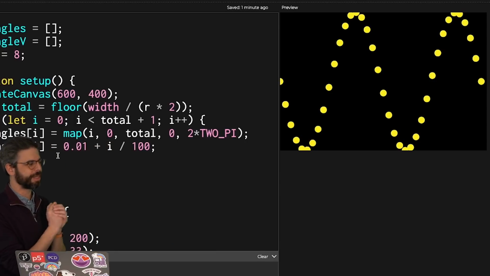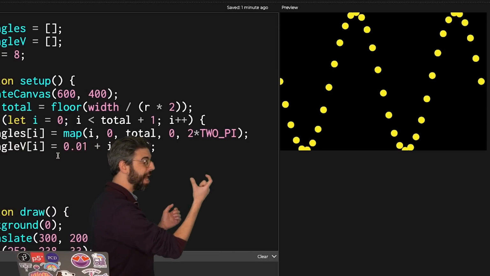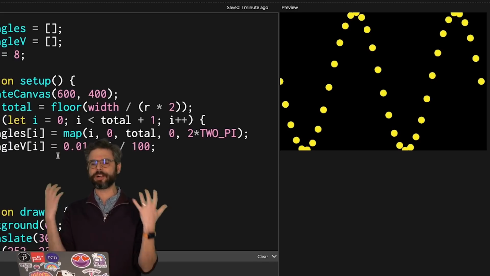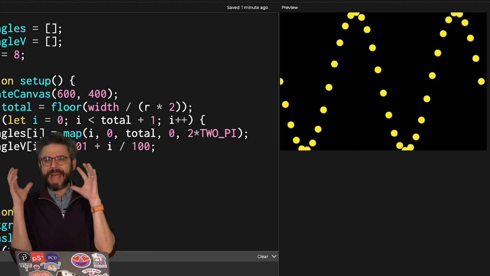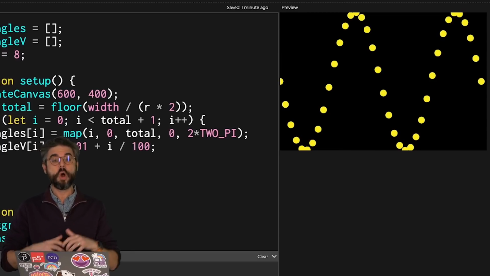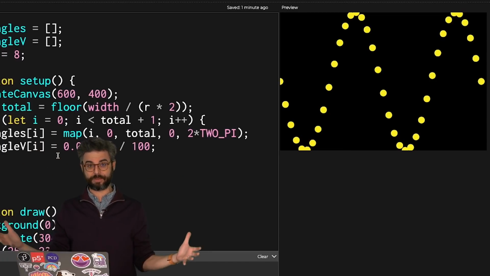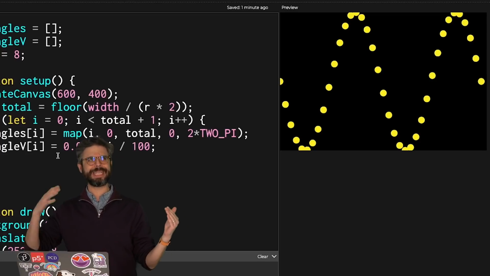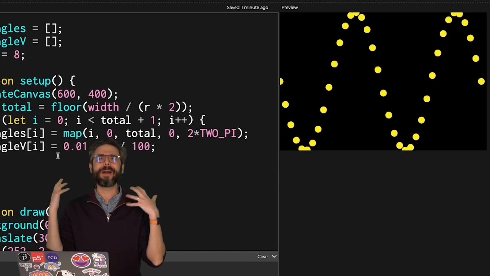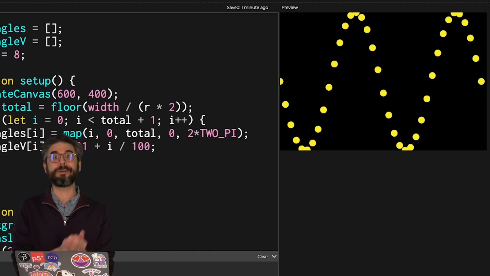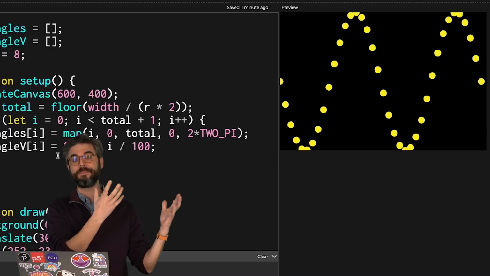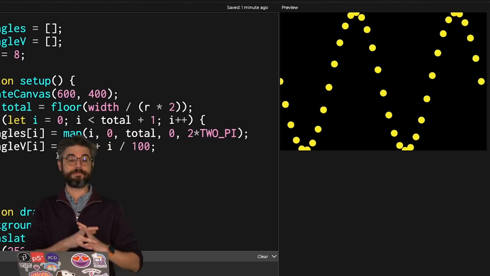I might want to do something where I consider each one of these dots an object. So maybe it stores position and angle increment. I'm not sure, but packaging all of the idea of one of these moving up and down into an object is something that you might try to do. Or perhaps the wave itself. What is the starting angle? What is the ending angle? What is the phase offset? What is the period? What is the amplitude? Whatever the properties are of a wave itself, could you make a wave class? And then you could make a bunch of different waves simultaneously in the canvas just by making them as objects.